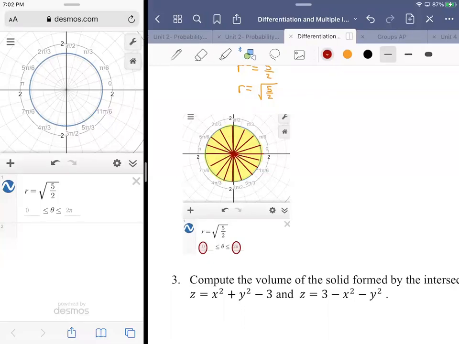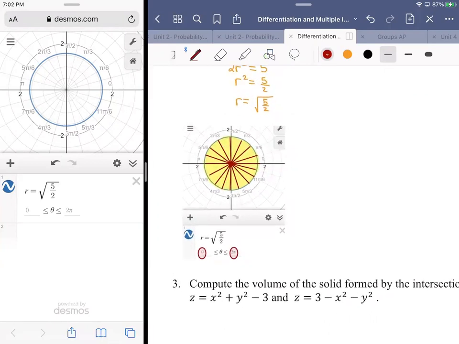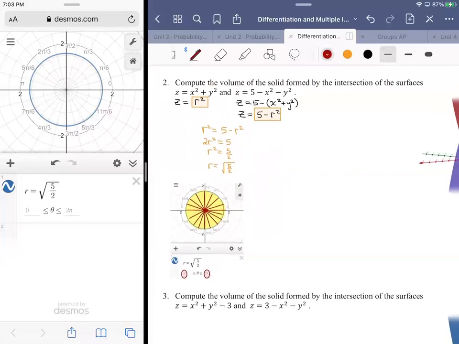So we got what we need. I got my r's going from the innermost value of r, which would be 0, to the outermost, which would be the square root of 5 halves. And then my thetas are going from 0 to 2 pi. All right, so now I just need an expression that represents the bounded region. Just like in two dimensions, if you want to find the area between, in this case the volume in between, you find the dominant function and subtract from it the non-dominant function. So in this case,